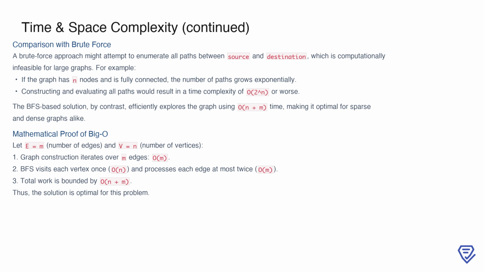In contrast, the BFS-based solution efficiently explores the graph in O(n + m) time, making it well-suited for both sparse and dense graphs. Mathematically, this efficiency can be proven by observing that graph construction takes O(m) time to iterate over all edges, while BFS requires O(n) for visiting nodes and O(m) for processing edges. The total work is bounded by O(n + m), making the algorithm optimal for solving this problem within the